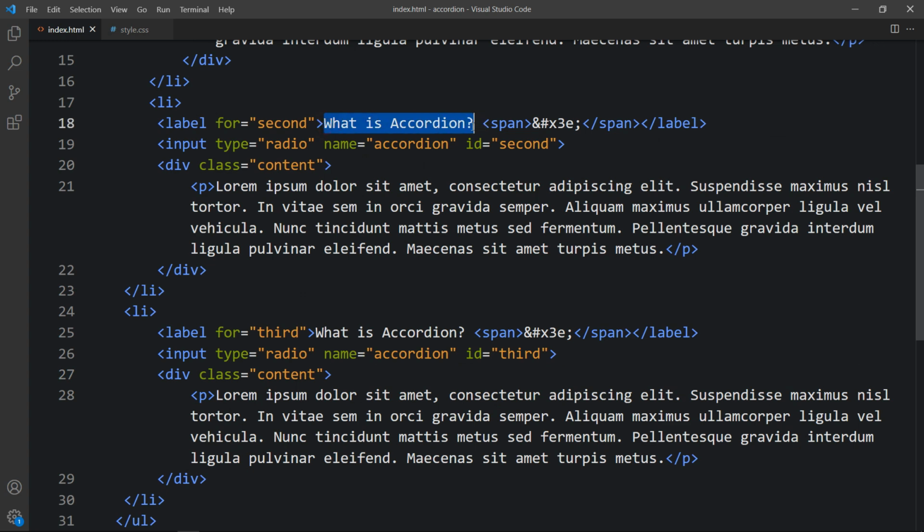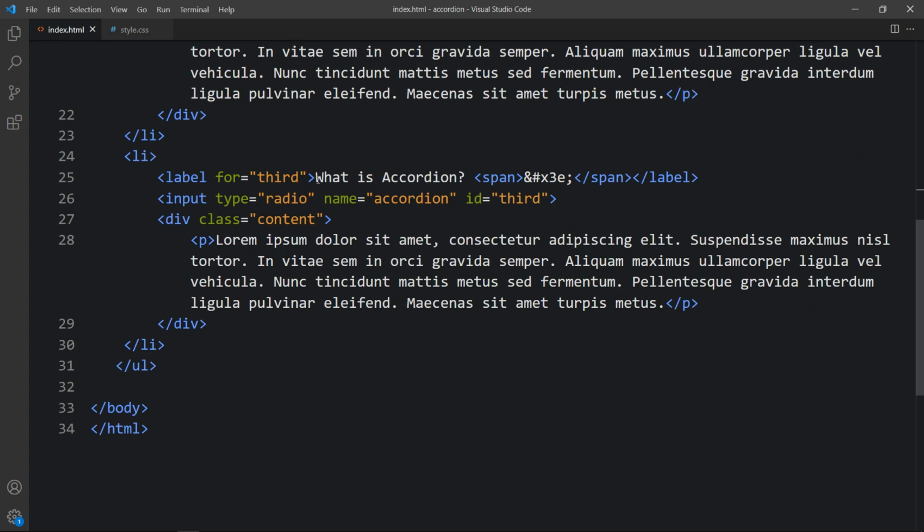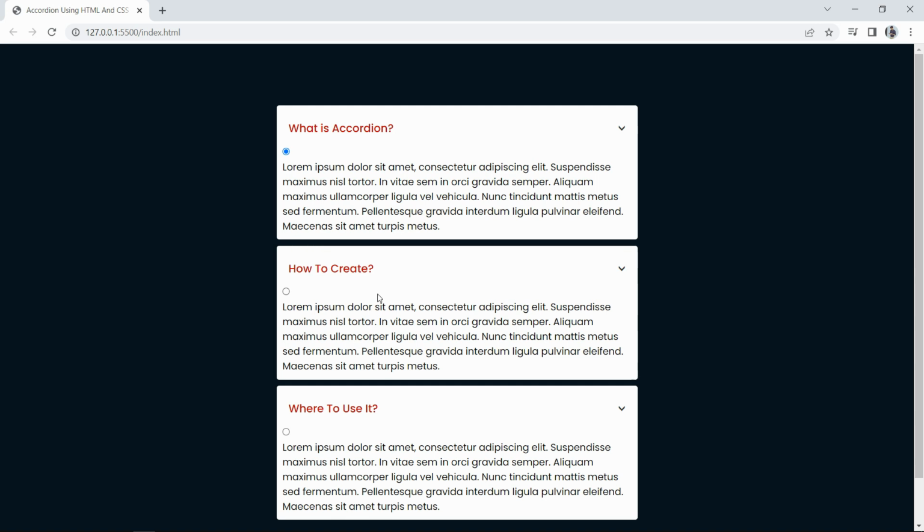So in the second one we will add another question, how to create. In the next one we will add another question. Now you can see three questions and different answers, and the first radio button is checked and the other two radio buttons are unchecked. If I check the second radio button, you can see the first one gets unchecked. At a time only one radio button will be checked and the others will be unchecked,